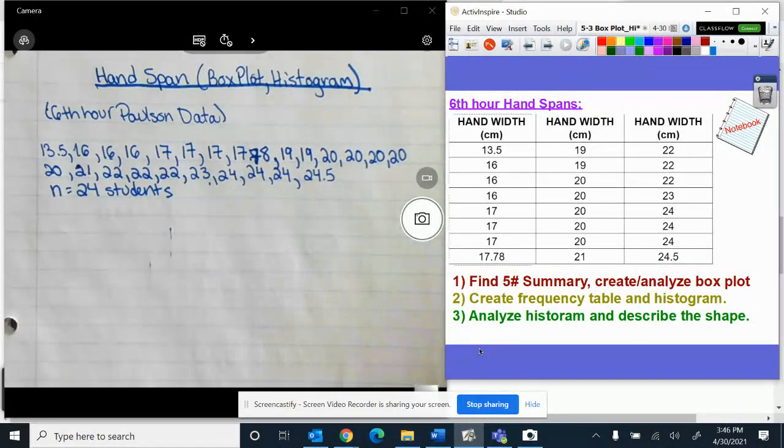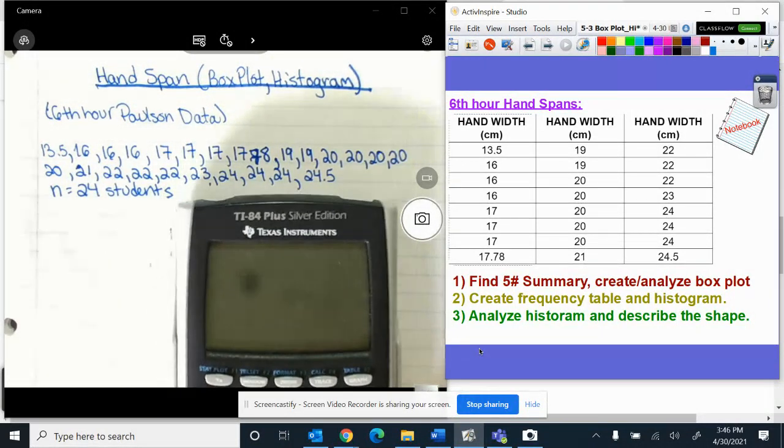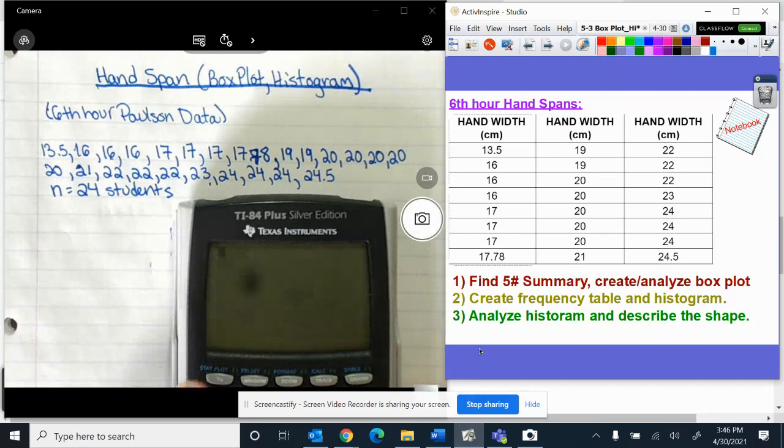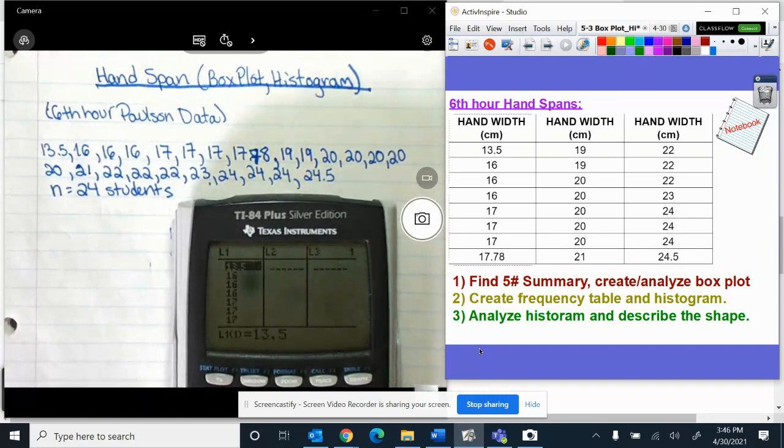Now I'm going to go to the graphing calculator and enter in the data, stat, edit, and you can see I have all of the data entered. The 24th piece of data is the maximum, and it's all in order. So now to find the 5-number summary,